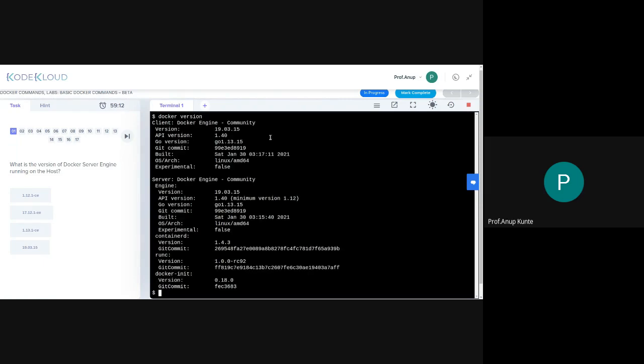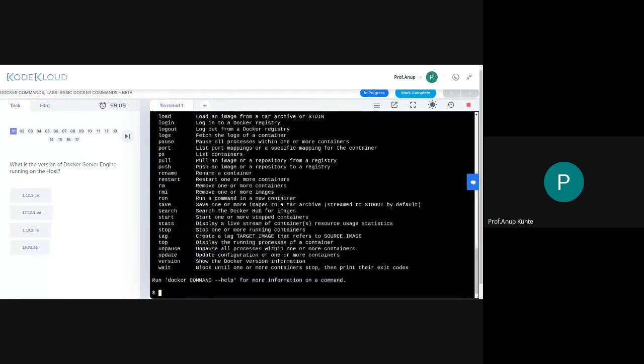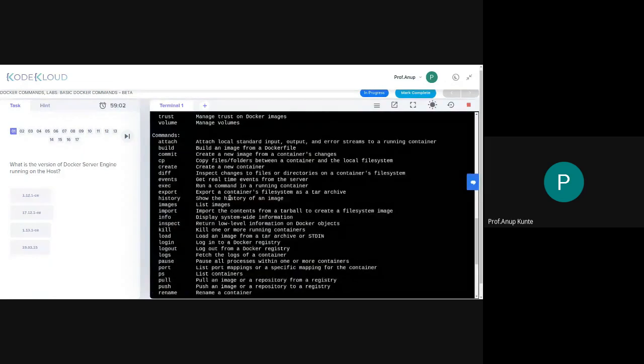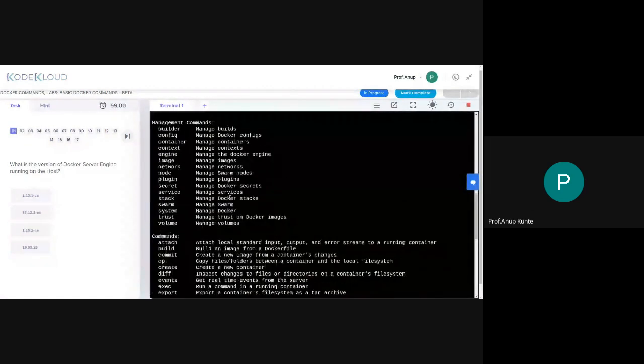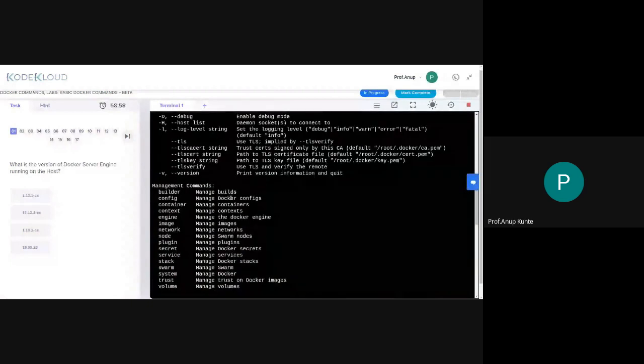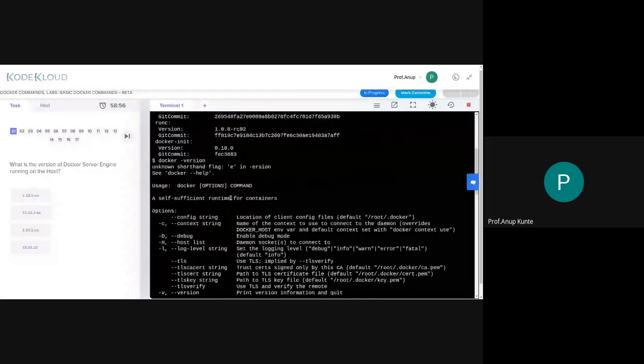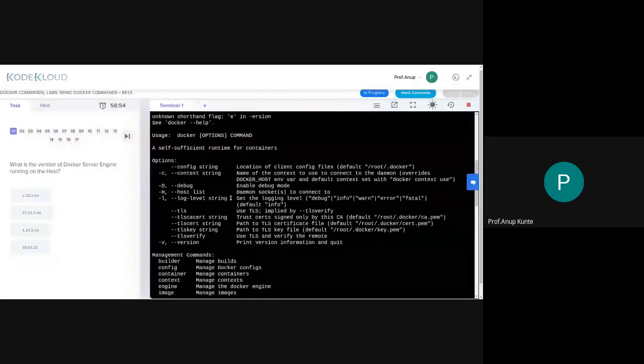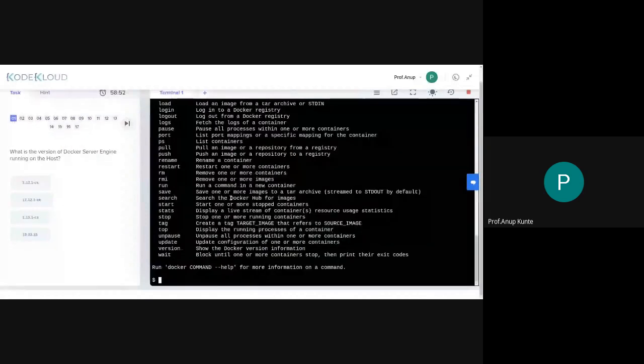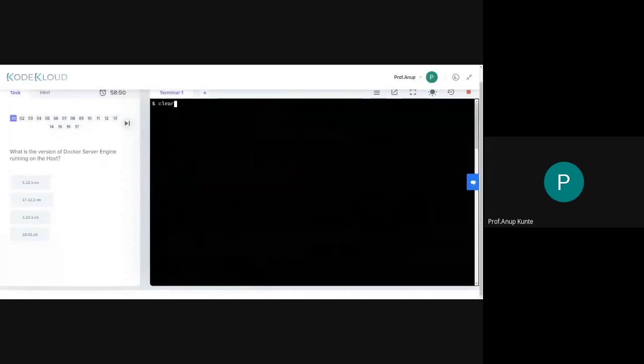Okay. And if you remember, I had executed this in this fashion. I tried to execute this in this fashion on the local machine. It will give me an error. It says that all these commands are available with Docker. So you can see the richness of the set of commands that we have with Docker. But let us not waste our time. We just quickly learn the correct commands.